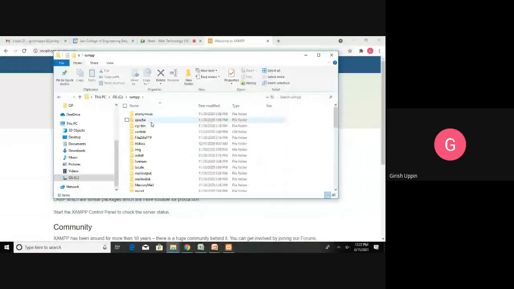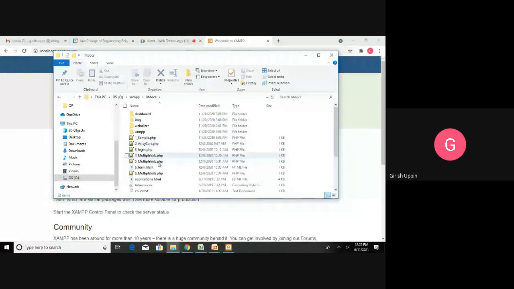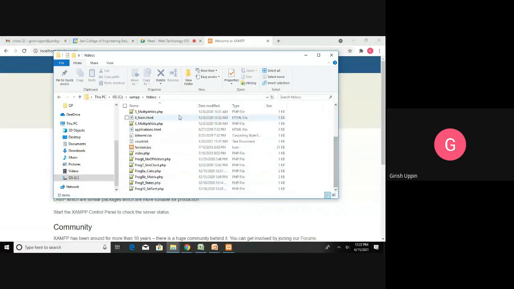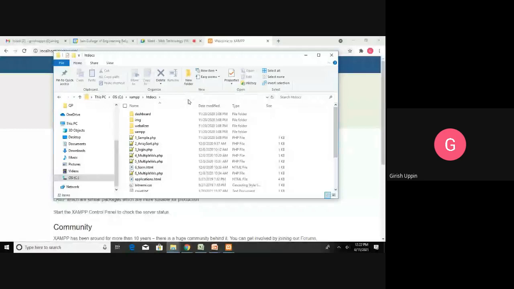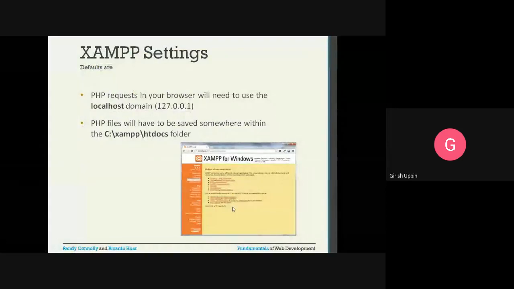Inside the XAMPP you will see many folders, right? It is htdocs. You have to put all your code inside the htdocs. Already I have some code here. These are the codes that I can run from here. Every code should be inside this htdocs. So this is how you will see.